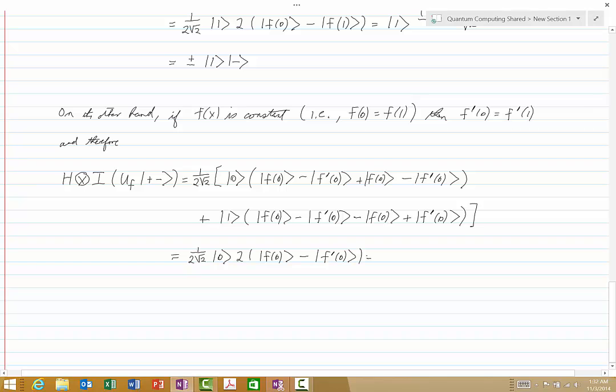And the 2's, the 1/2 here and the 2 will cancel, and so we'll be left with 0 and f of 0 minus f prime of 0 over square root of 2